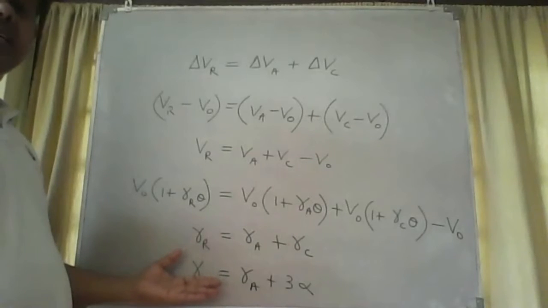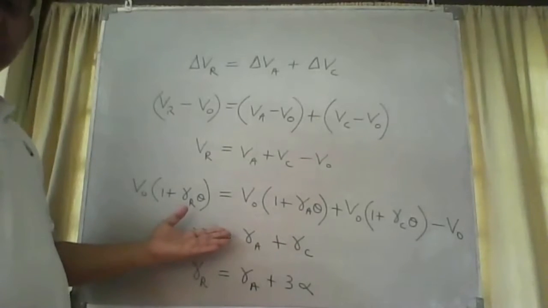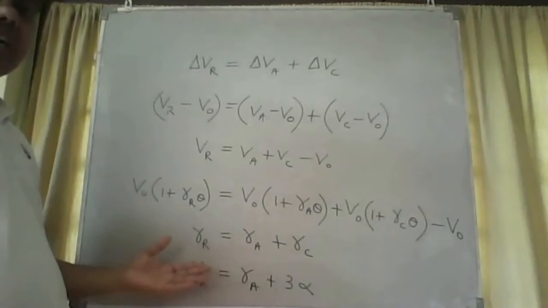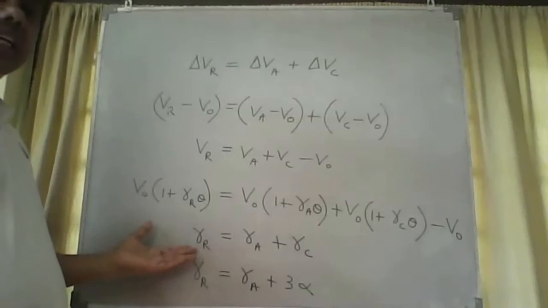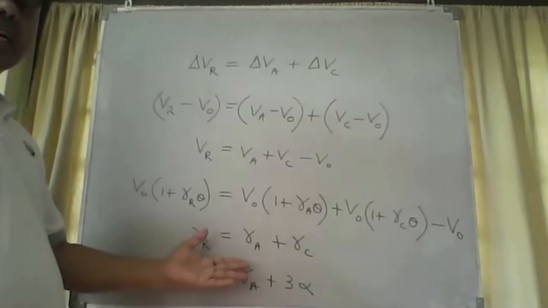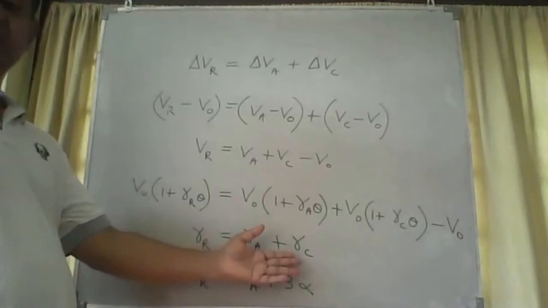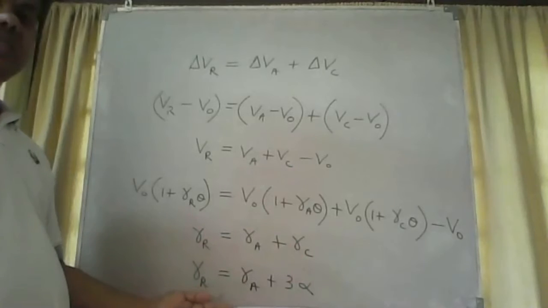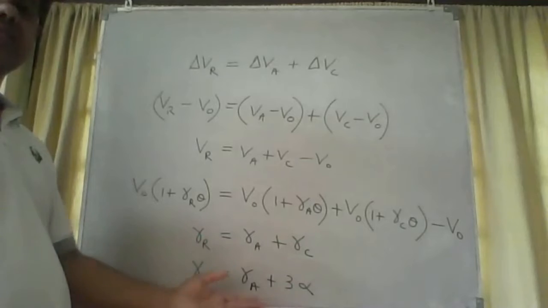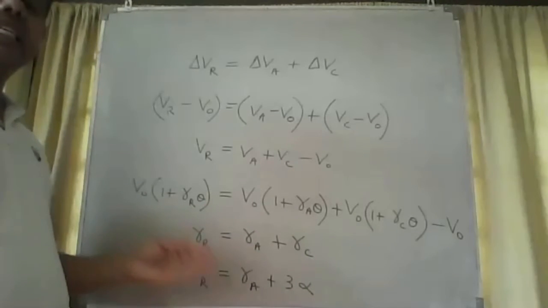We should keep in mind only the following two expressions where gamma R is the real expansivity of the liquid, gamma A is the apparent expansivity of the liquid, gamma C is the volume expansivity of the container material. We can rewrite the same relationship as this, where alpha is the linear expansivity of the container material. Now we discussed expansion of volume